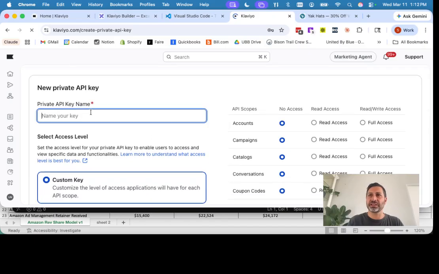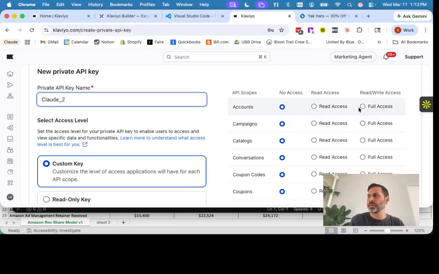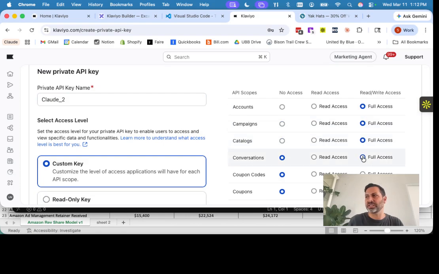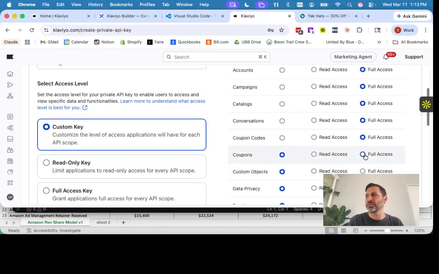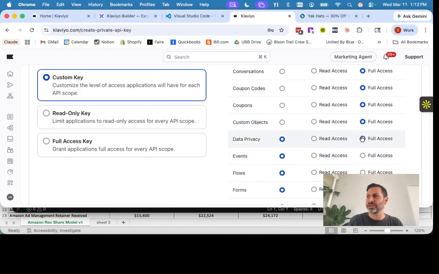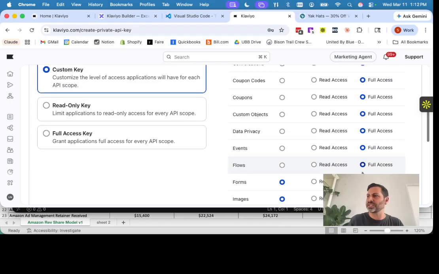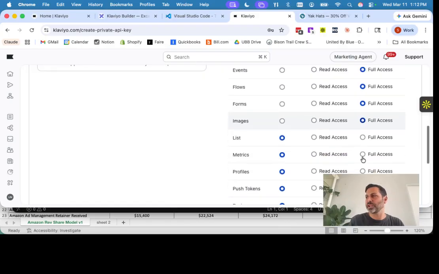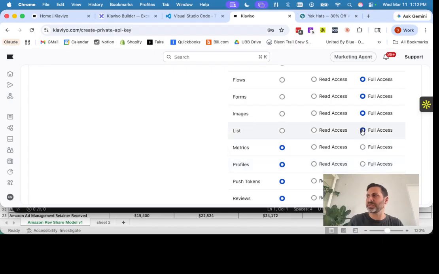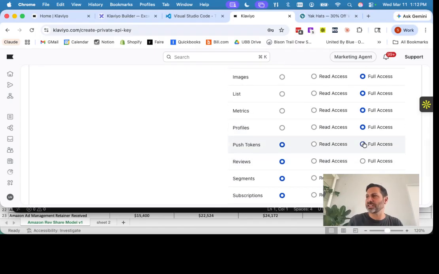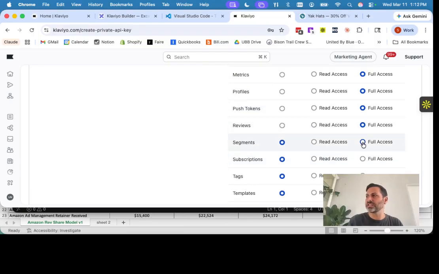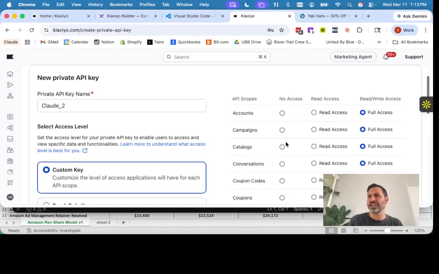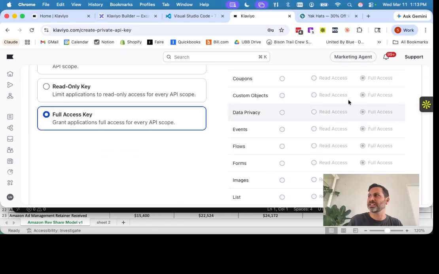We can name our key. We can call it Claude 2. And then we're basically going to give it access to all of our information on Klaviyo. Now you could, if you want to, limit the access for security purposes. I find it just limits what Claude can do. But again, if you're concerned about security, you may want to limit the access to writing campaigns, reading campaigns. But if you really want to use this to the full power, being able to review segments, I just generally give full access. You can click full access here, and then